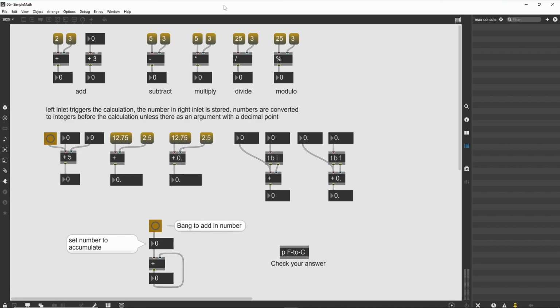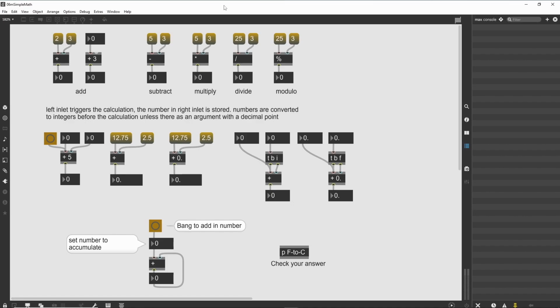Common math operations, such as addition and multiplication, are important for manipulating incoming data into a range and form that is useful for our patches. Additionally, dealing with the difference between integer and floating point numbers is critical when working with many types of data such as MIDI, audio, and serial information. Everybody loves math. Look at the tutorial file